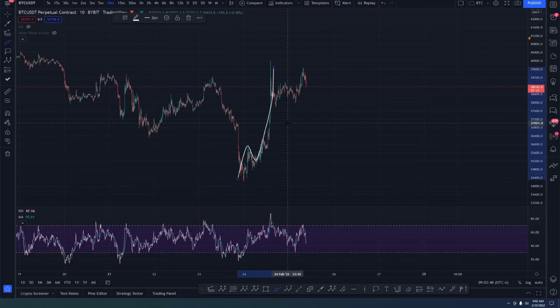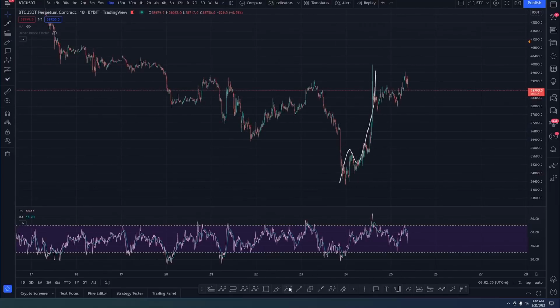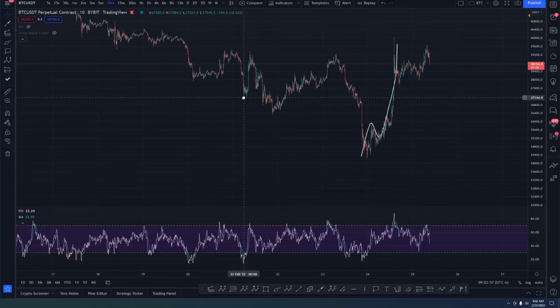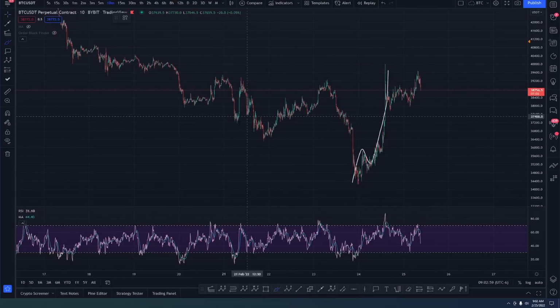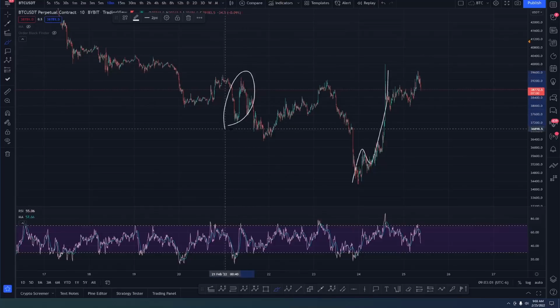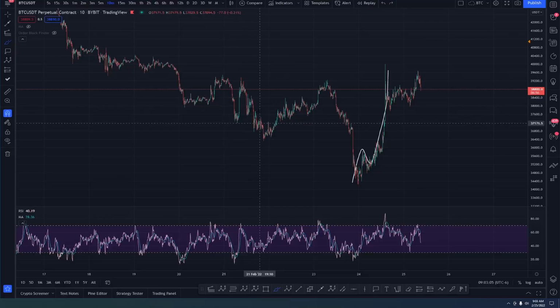And I know you guys are thinking, wow, that's so extended. But at the end of the day, we've seen this over and over and over, 3-wave moves that get extended like that. Let me just point to one of them right here. If you say, Jim, I don't think that's 3 waves, look at that move right there. This little move right there was a really, really extended 3-wave move.